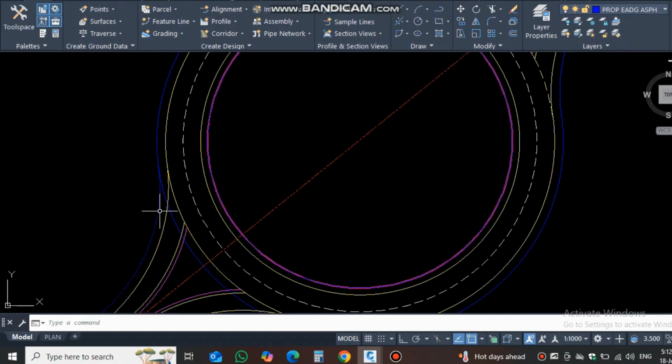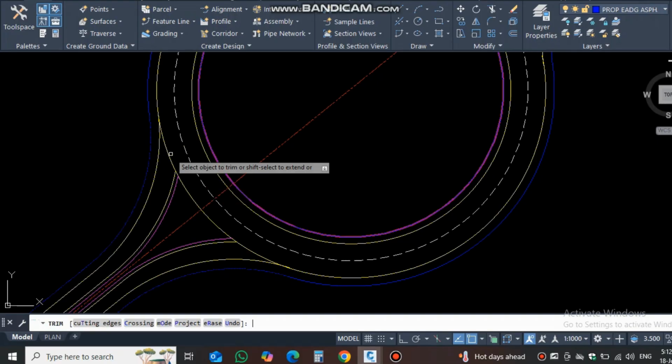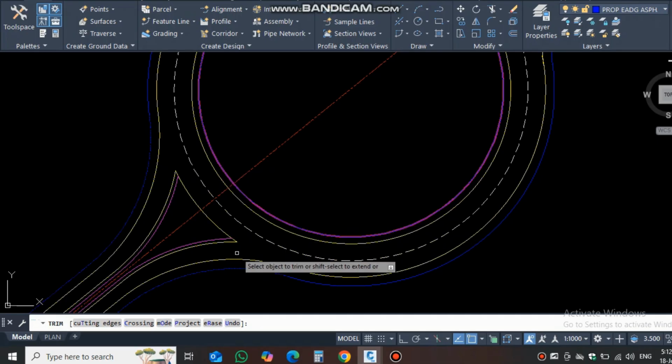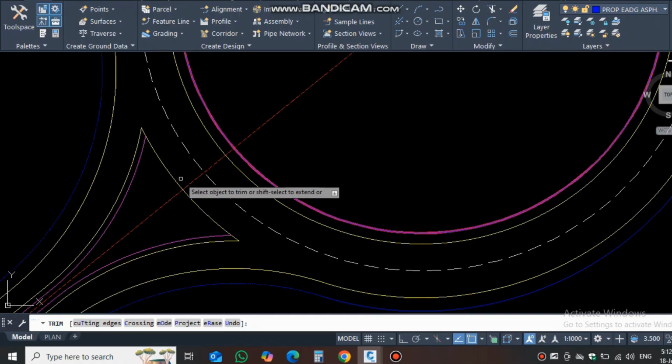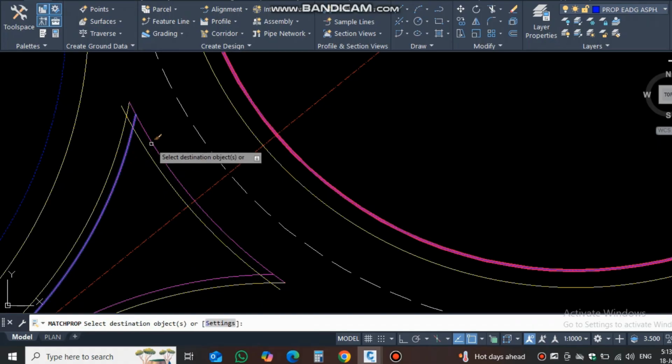The same here, I will trim from this side because we need only this to the edge of asphalt line. So between the other line, I don't need this line, also these two lines. I don't need these two lines. Now it's okay, the same offset. I can take from here. I will take offset from here, and then